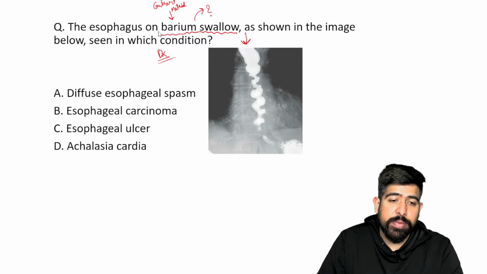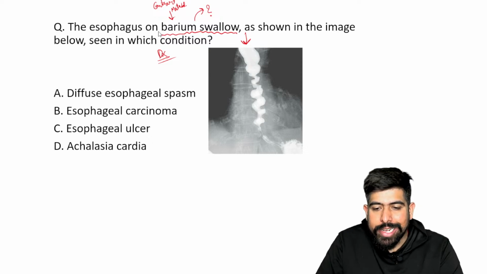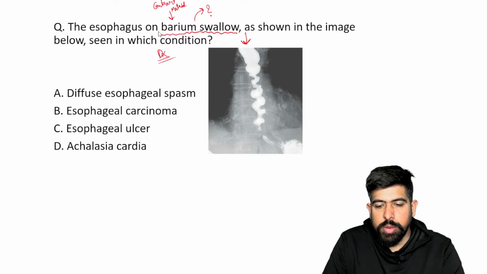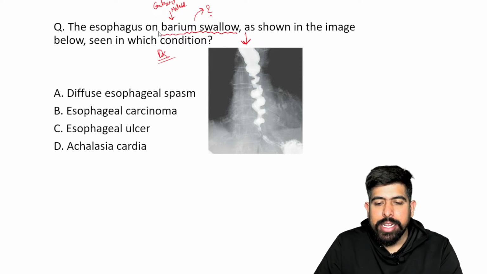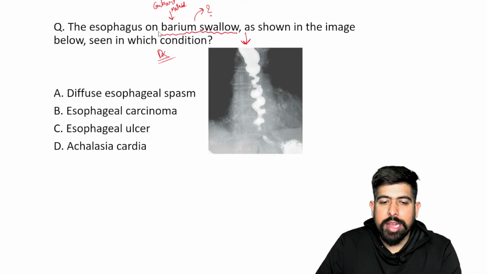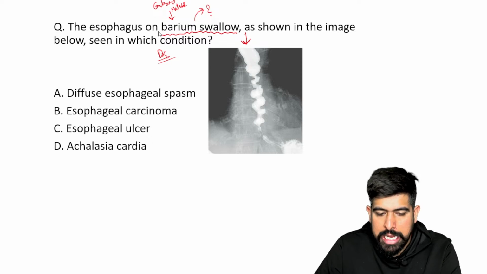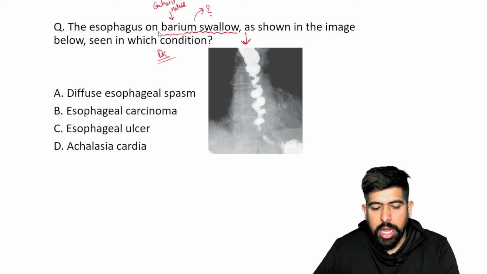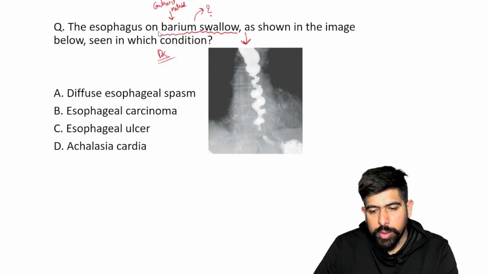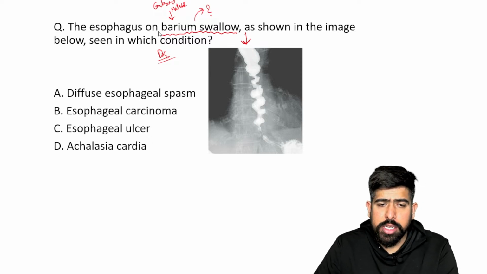And this barium, which is the contrast material, will be clearly visible on the x-rays. So it gives us the anatomy of the esophagus. For upper GIT anatomical issues, we are doing the barium swallow.